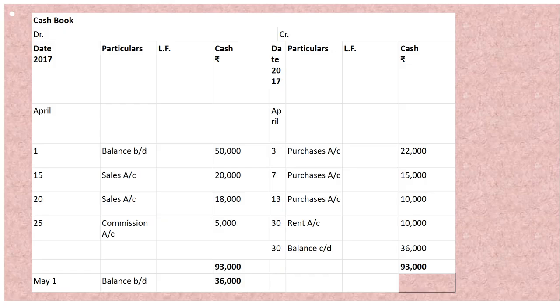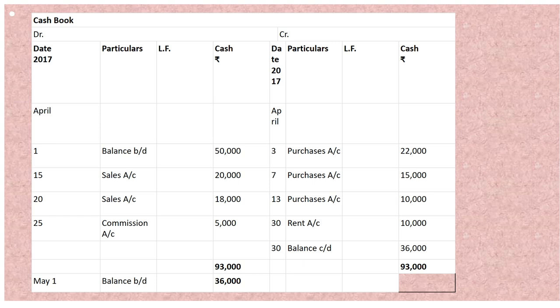April 7, purchased goods with rupees 15,000. So by purchases with rupees 15,000. Now this is the entry: April 10, purchased goods from Gopi. Beta, is it our cash entry or credit entry? April 10. As a name is given and cash is not mentioned, definitely it will be considered a credit entry. So a credit entry will not be recorded in our cash book. That's why we will not record this entry in our cash book. Fine. That's the April 10 entry.